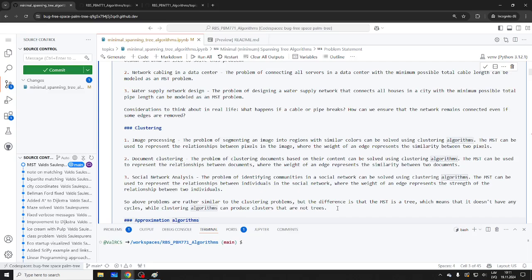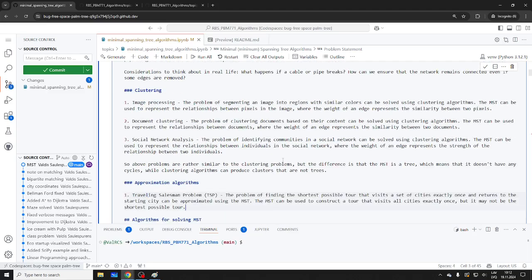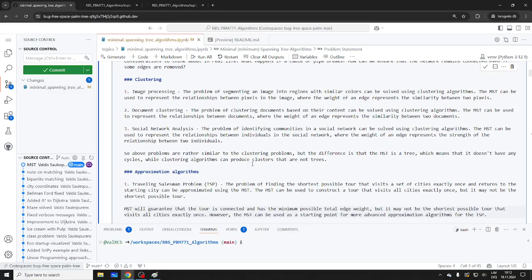approximation algorithms. A classical example is the traveling salesman problem, TSP, of course. Basically, if I remember correctly, it will guarantee twice the cost, which seems kind of long, but it's still a good estimate. I think MST will guarantee that. So that's the starting point. The other ones,